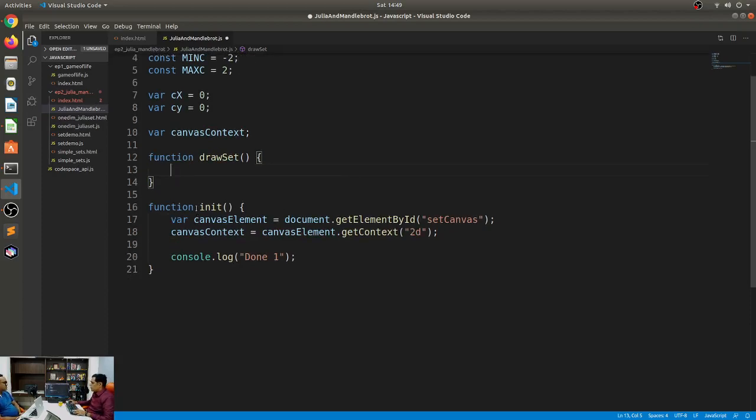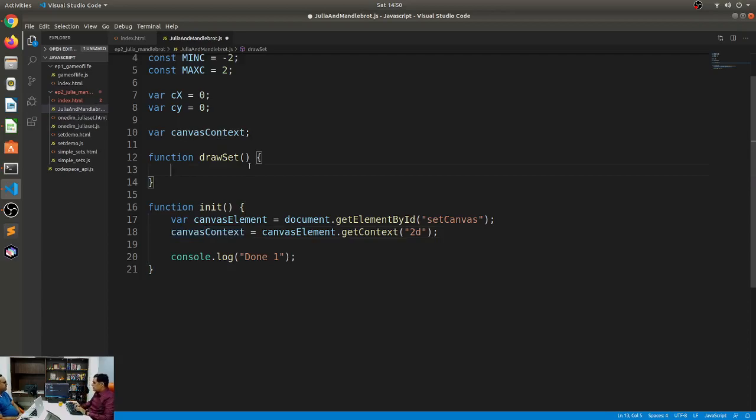So I have the init function, I have the context. Now, what I want to do is run through all of the pixels on the canvas. We'll be doing some pixel manipulation over here. For all of the pixels of the canvas, we'll evaluate it for that specific pixel. That pixel becomes the Z value. Now, if that pixel belongs to the set, if we run through the iterations and it remains bounded, then we'll highlight that pixel, or else we will not highlight that pixel. Simple as that. So I have this draw set.